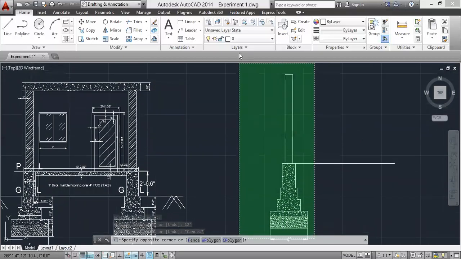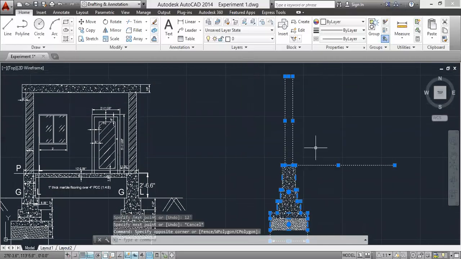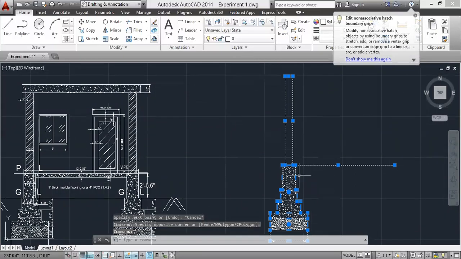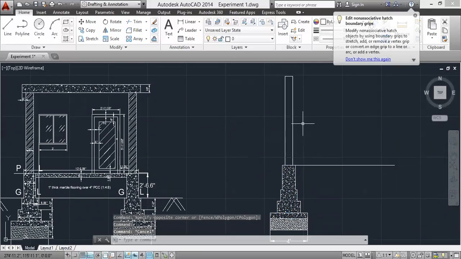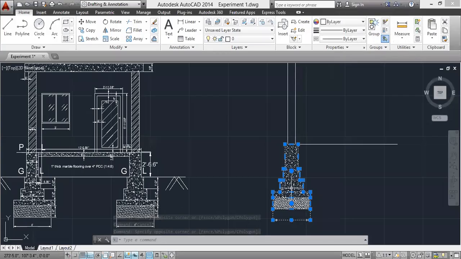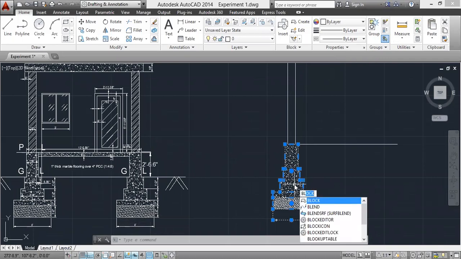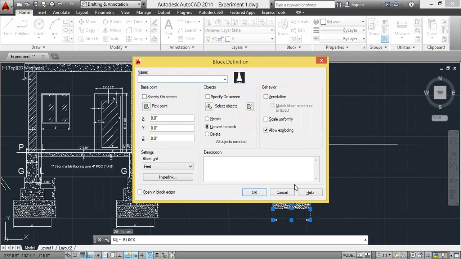Now select all these. So select this and give block command, BL, enter. So type this as footing. Okay.